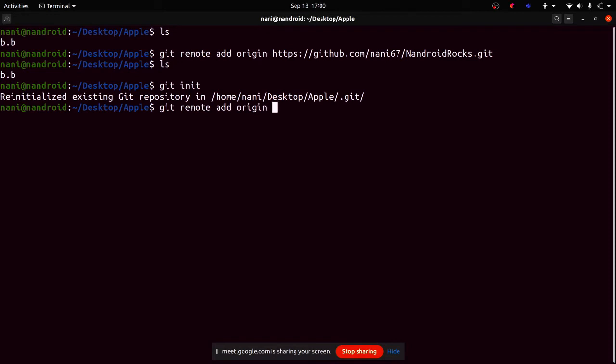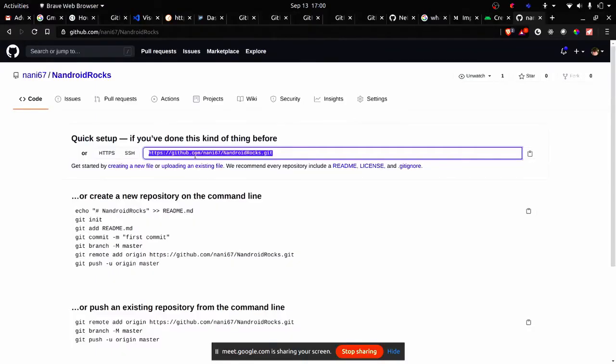I can say it is similar to head, but origin is nothing but the starting point of the repository. So this link which I have, this is the origin, the starting point of the remote repository. Whatever the head you have seen, that is just a graph for the files. So it is a tree which has all the files and tracks all the files. But here origin is nothing but the place where your remote repository actually sits. So I'm just adding an origin, and that is nothing but this link which I have created here.